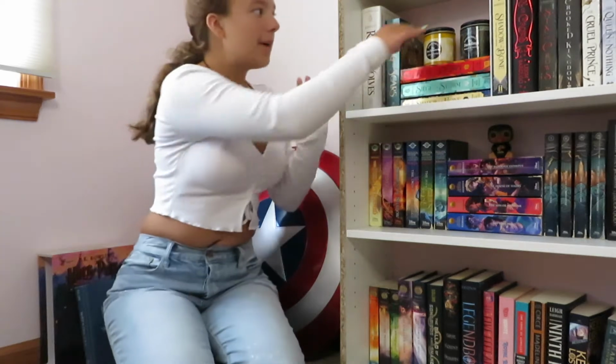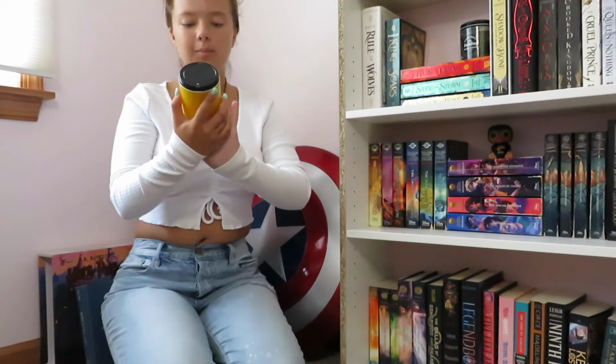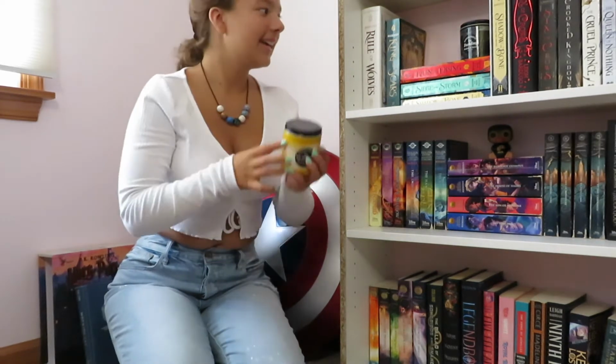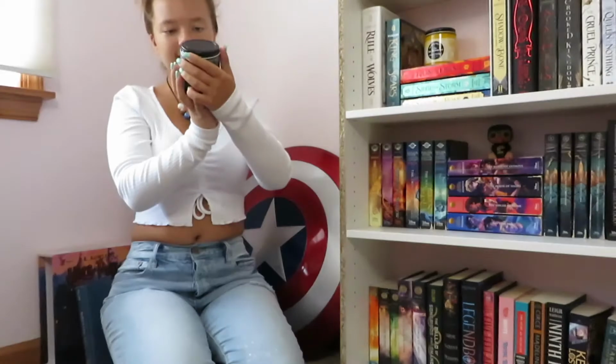And on top of there, I have candles that I got in the same box that I got the Darkling and Alina bookmark from. There's a Sun Summoner candle, which says the scent is citrus and sunlight, and it smells amazing. And then next to it, I have the candle that is the Darkling, and it says the scent is shadows and secrets. This one also smells really cool, and they're like those candles that have glitter on top, so